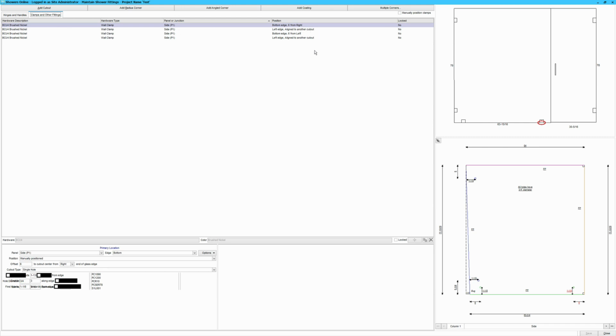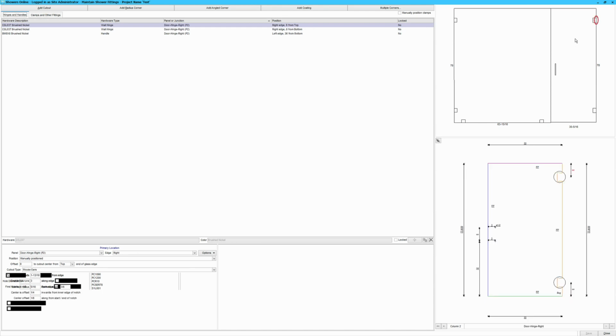Now, if I wanted to move a fitting, perhaps there's a grout line or something along those lines in the way, I point at the fitting, I click on it, and now the position of that particular fitting is displayed in the bottom left corner here. You'll see it says door hinge right, the edge is the fittings on the right edge, it's manually positioned 8 inches from the top. And then all this other stuff here just tells what a mouse ear type cutout looks like. So instead of saying 8 inches from the top, let's say I want it to be 10 inches from the top. I'll type in 10 inches, and when I save it by, once again, right-clicking and hitting save,